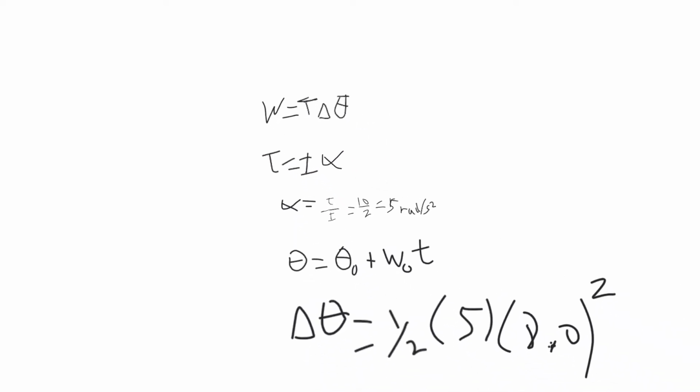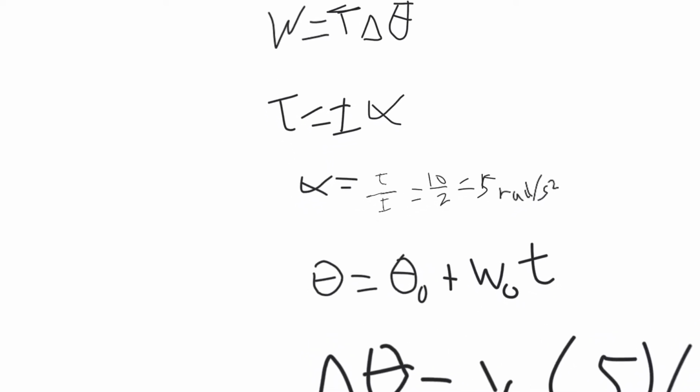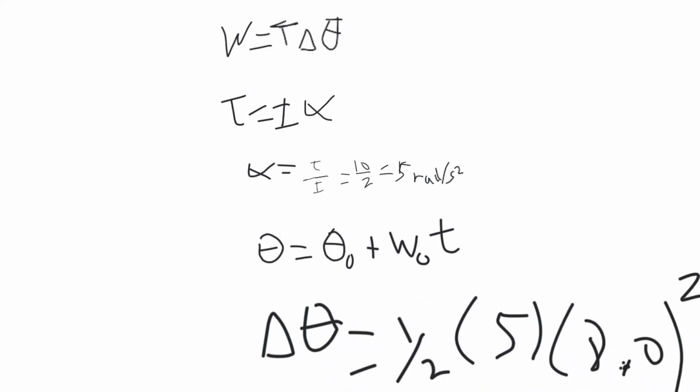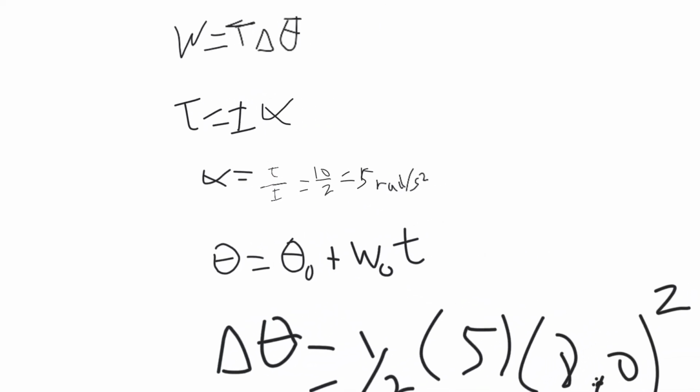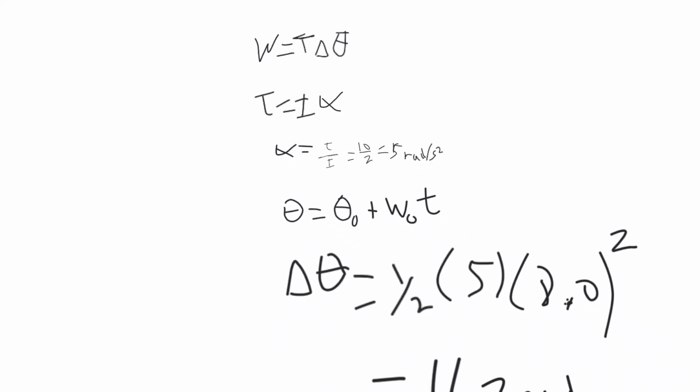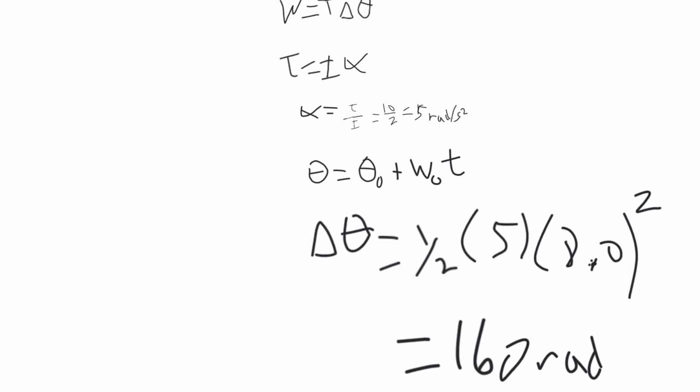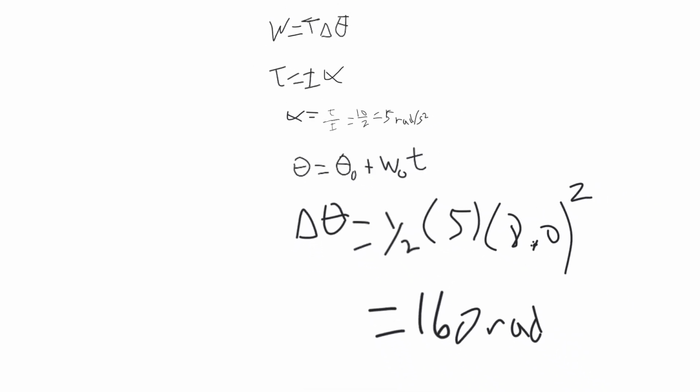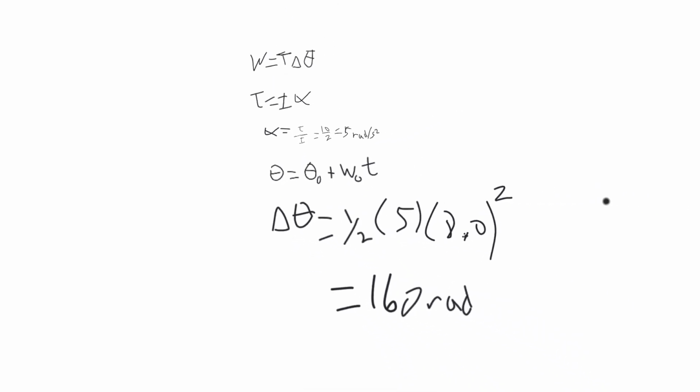So we know that the torque is equal to the moment of inertia times alpha. Now if we solve for alpha, alpha is going to be equal to the torque divided by the moment of inertia, and that's going to be 10 over 2, given to us by the problem. That's going to be equal to 5 radians per second squared. That's alpha. And to find the change in the angular displacement,